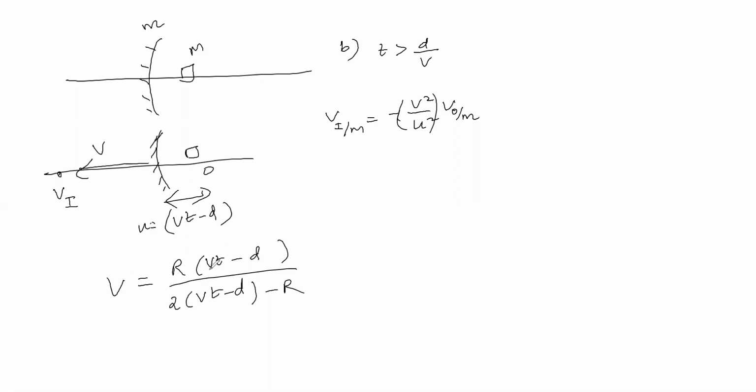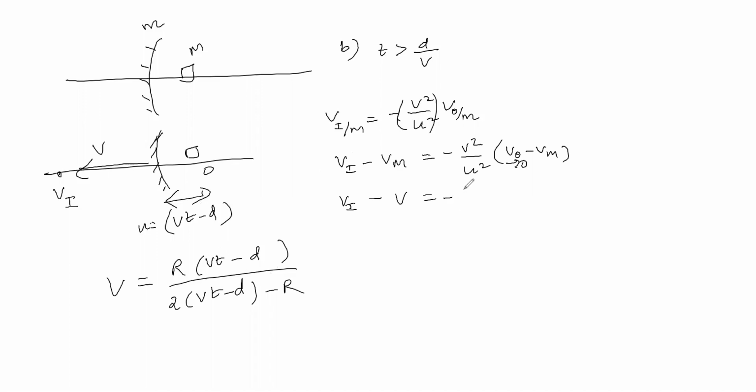This v is the velocity of the mirror. Now see here, the velocity of the image with respect to the mirror, which is velocity of image minus velocity of the mirror, is equal to minus v square divided by u square into velocity of the object minus velocity of the mirror. Here the velocity of the object is 0, because after collision the object is at rest. Velocity exchange takes place, so the mirror moves with velocity v and the object becomes rest because of the perfectly elastic collision. Now we have to find the velocity of the image, so we keep it like this. The velocity of the mirror we take as v, and we substitute the v value.